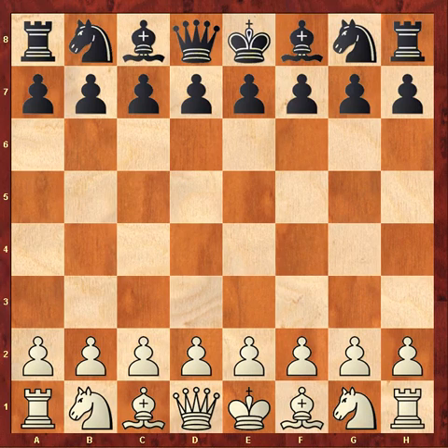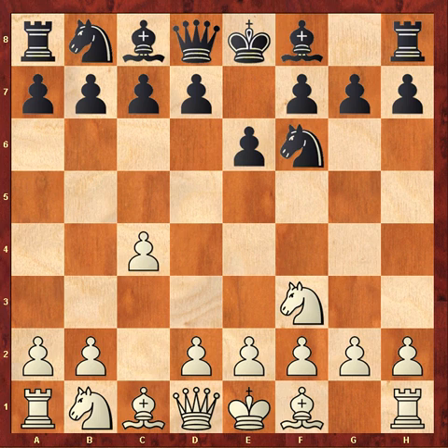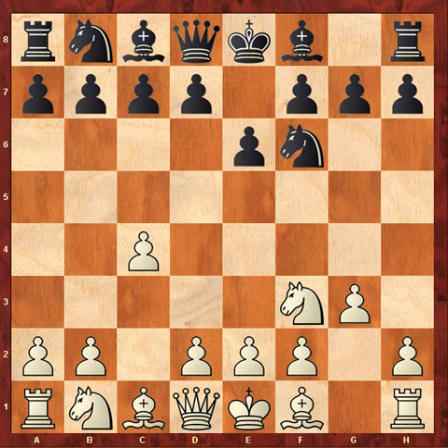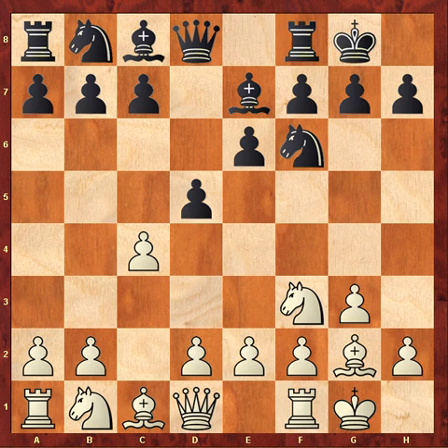Hi everyone. I would like to share with you my analysis of the round 9 game of the FIDE Grand Prix that just concluded. This game is between Liren with the white pieces and Levon Aronian with the black pieces. The game started off knight f3, knight f6, c4, e6, g3, d5, bishop g2, bishop e7, castle, castle,